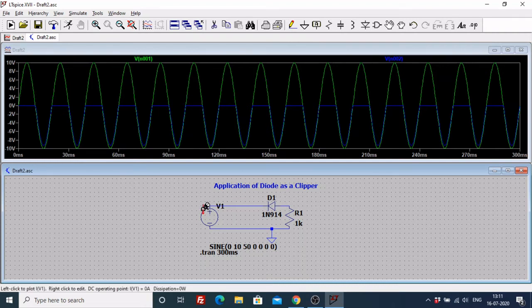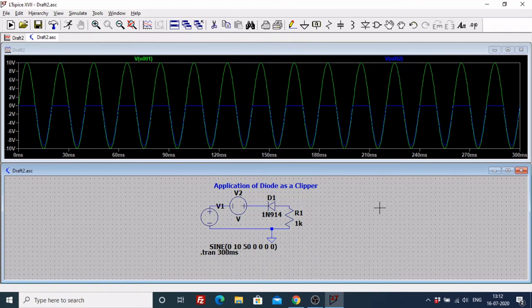This is the example of a negative and a positive clipper, but we generally use this clipper with something that is known as biasing. So if I want to add a separate voltage source, I am getting another voltage source here. I am rotating it so that I can place it in the circuit, and I leave it here as of now. Click on escape. What you'll have to do is first create a position to place it. So I cut this wire out. I use move to now get this voltage source and place it over here inside my circuit. I will have to rewire my circuit. So I make these connections again.